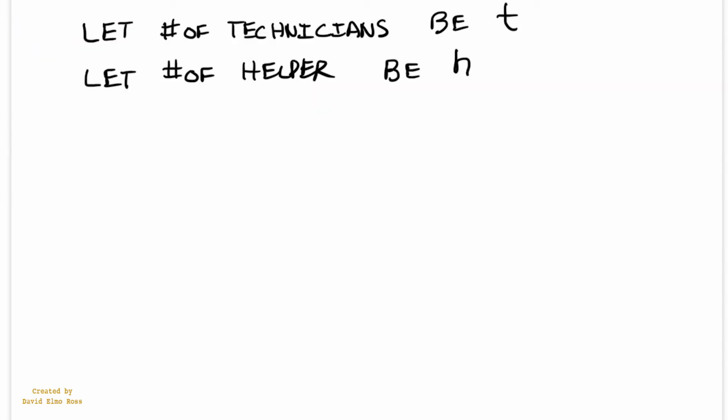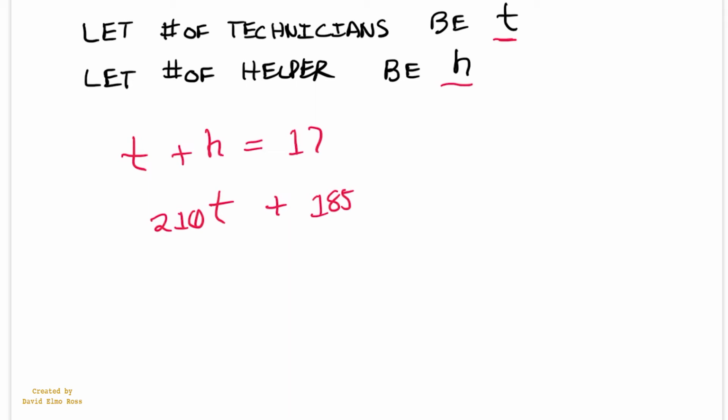To solve this problem, let's let the number of technicians be T and the number of helpers be H. Altogether we have technicians plus helpers equal a total of 17 people. Each technician earns $210 a day times the number of technicians is the amount earned per day by the technicians. We also found that $185 a day are earned by the helpers times the number of helpers. And this is going to give us a total of